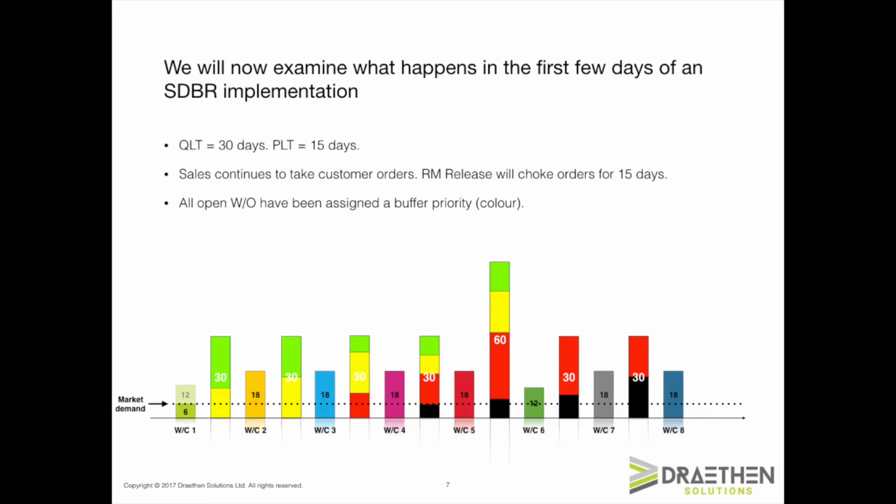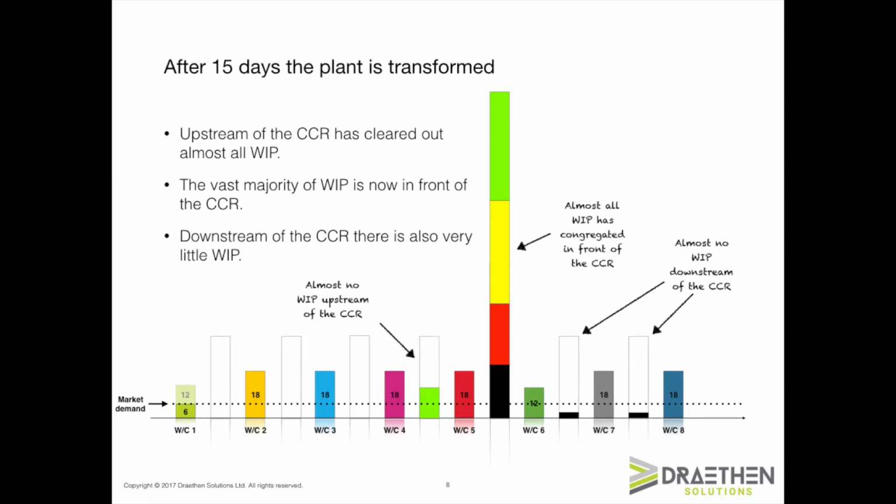This is the only prioritization system used in the plant from now on. No cherry picking work orders, no grouping of work orders of a similar type to create economic order quantities and save setups, no targeting efficiencies and keeping people and machines busy, just follow the buffer management colors. We examined the effect of the choke period and the buffer management process after 15 days in our little plant